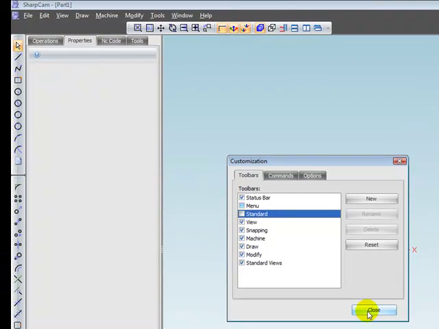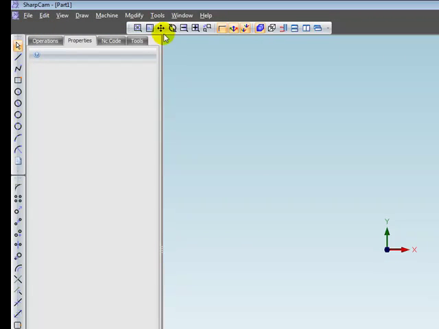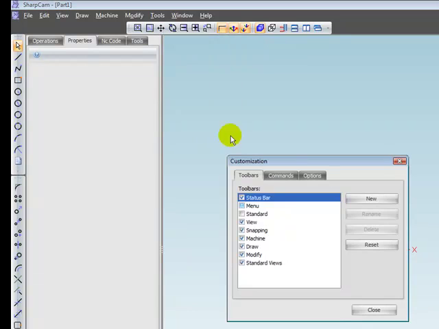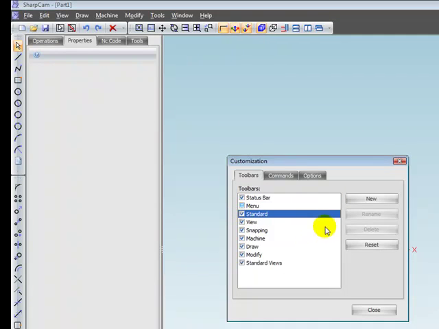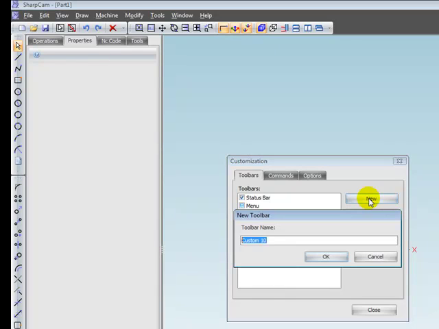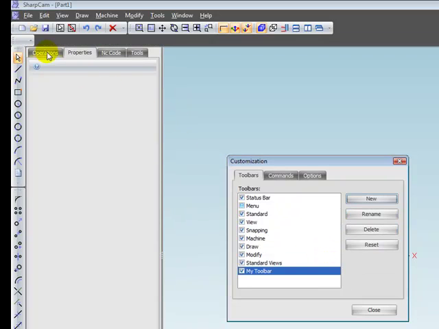and then close. As you can see there, that toolbar has disappeared. So let's just put that back. So we can make a new toolbar. So if we click the new toolbar button and give it a name, my toolbar say, okay. So as you can see up here, we've got an empty toolbar, and now we can populate this with